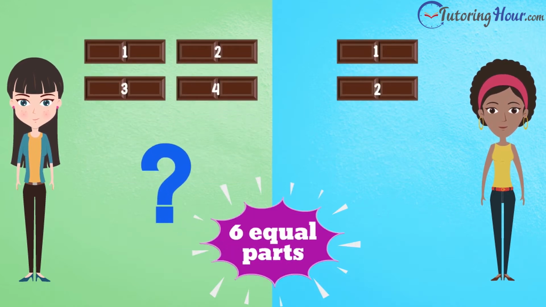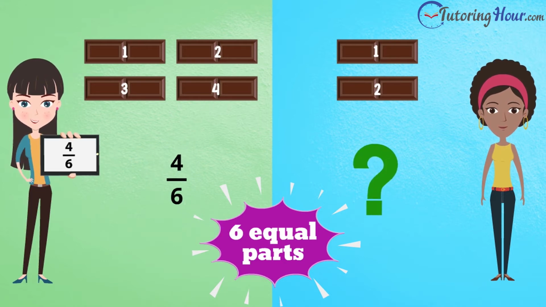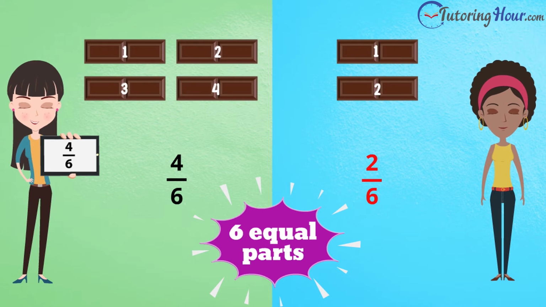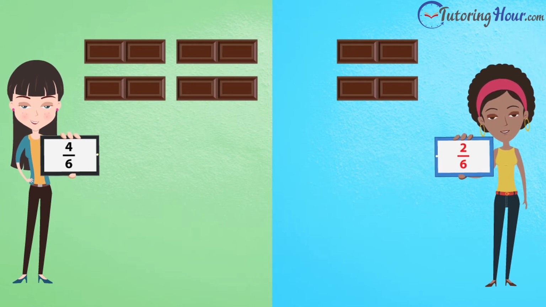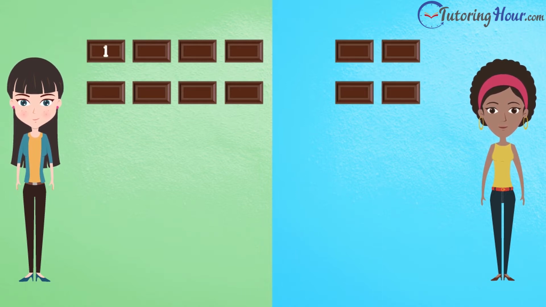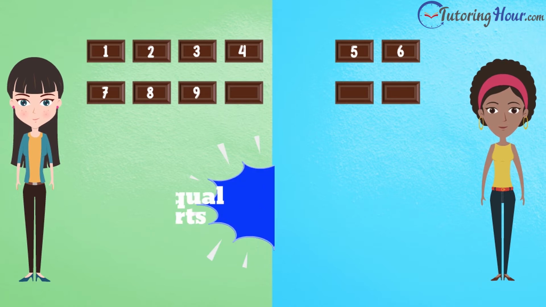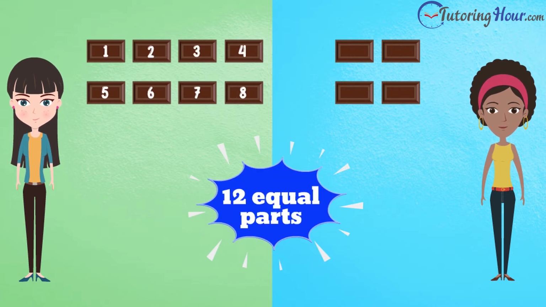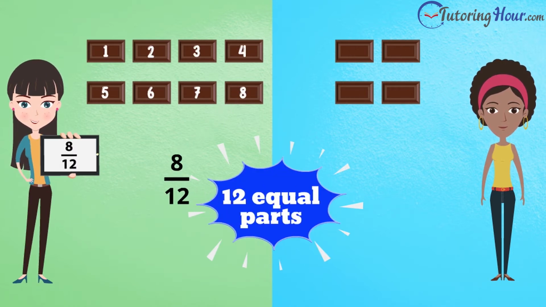What will Sandra's share be? 4 out of 6 pieces. And Barbara's share will be 2 out of 6 pieces. We'll break Sandra's share of the chocolate bar into 2 again. Now let's divide Barbara's as well. Now the whole chocolate bar is divided into 12 parts. So Sandra's share is 8 parts of the 12, and Barbara's is 4 parts of the 12.